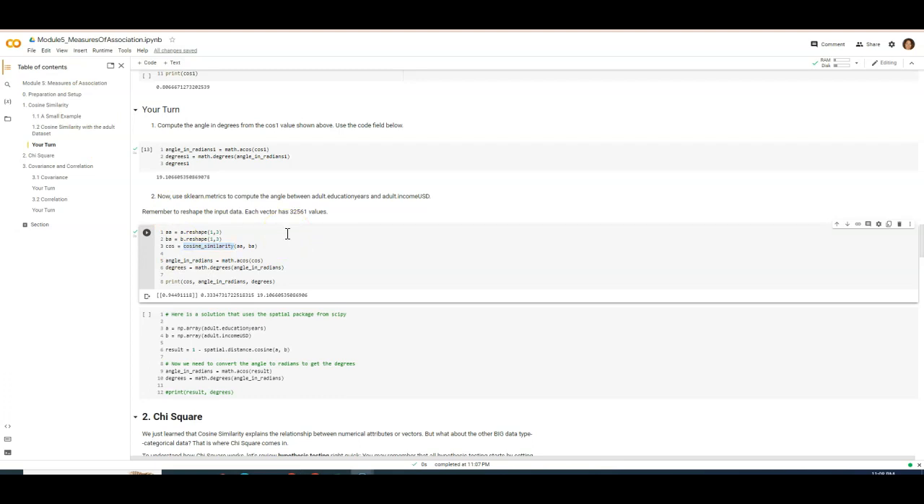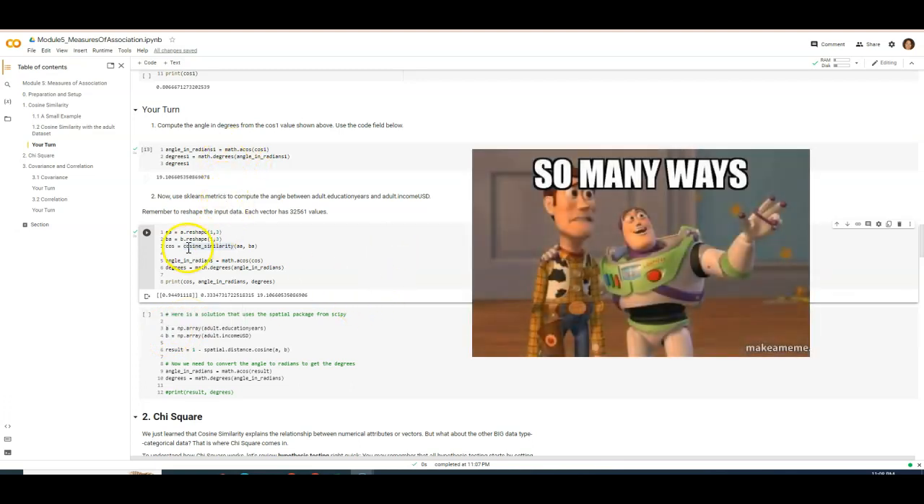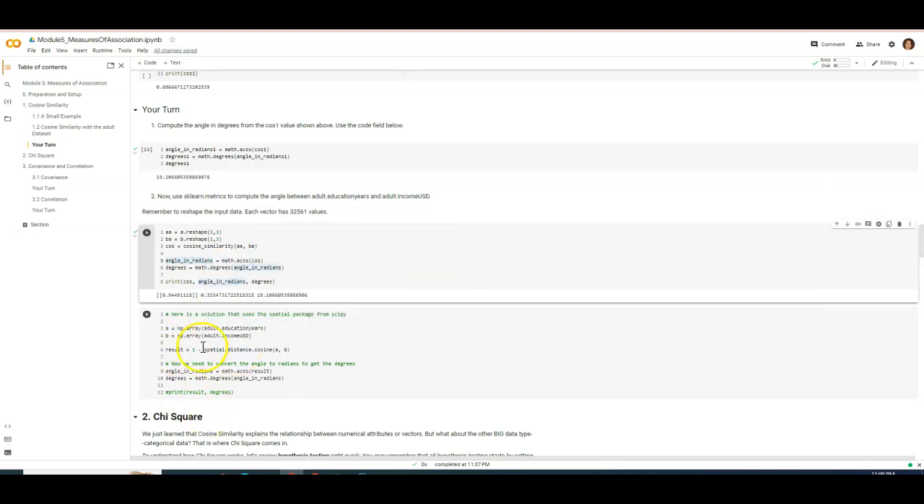And there is a third way in which I can calculate my cosine similarity, and that is with the spatial package from SciPy. So we've seen the straight math way now, we've seen the more elegant way of using sklearn metrics and the cosine similarity. So now we're seeing the third way, which is using the spatial package. And here's how this works. The first